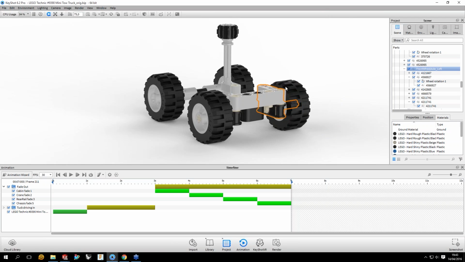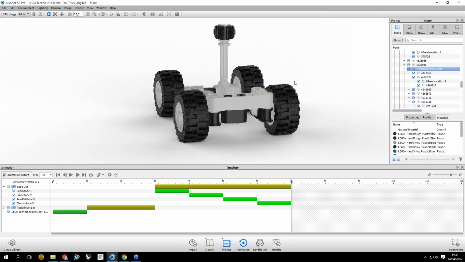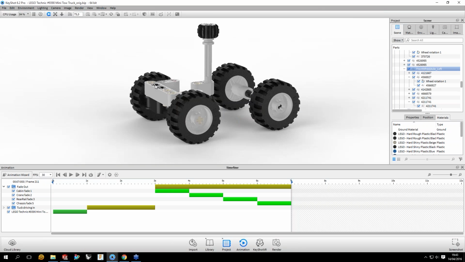Again, it's a good practice to do that because it will make your life in KeyShot easier if you're trying to configure rotation animations. A good trick to find out the origins of your models is to, again, open the